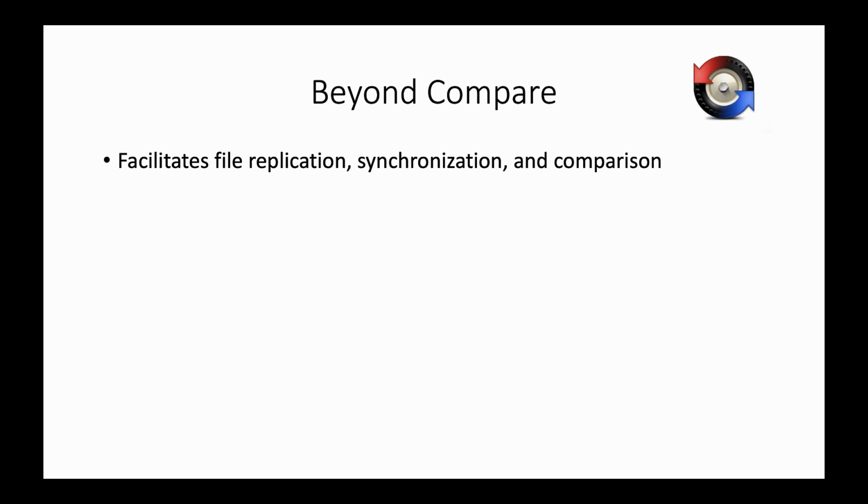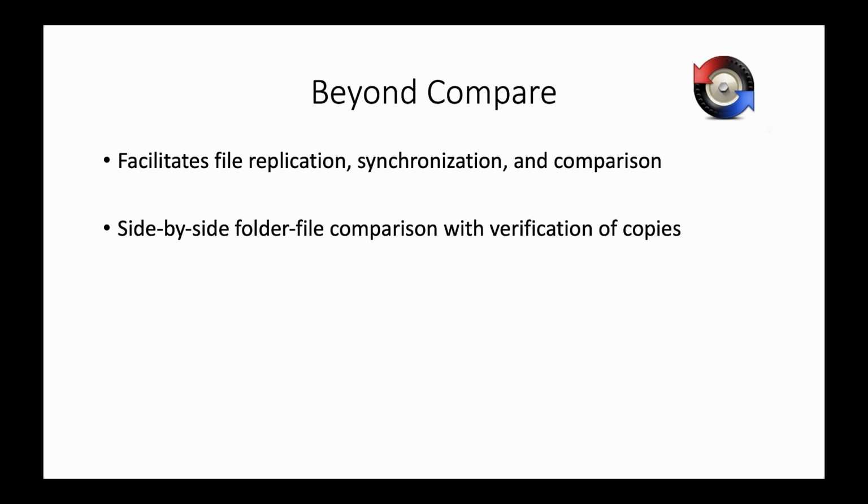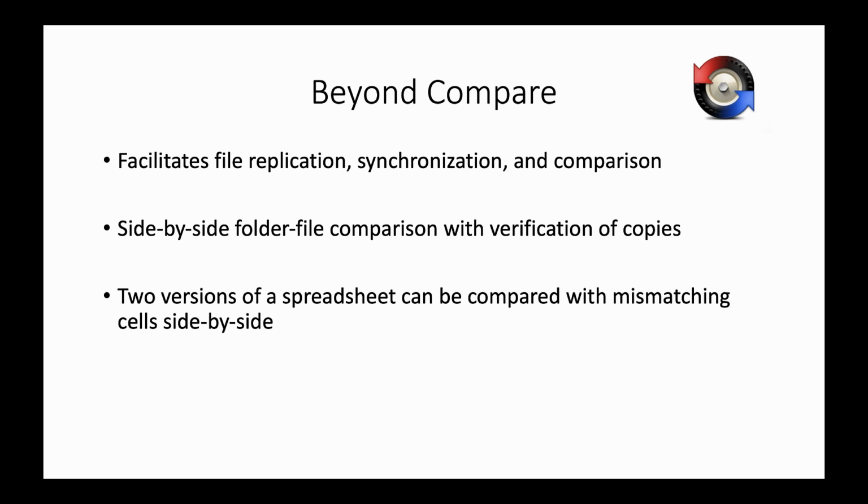So it will look at the copy that is, for example, on your SD card and on your hard drive and make sure that the same files are present in both places and that those files are complete, so that if you have an interrupted copying job or something that's missing, it's easy to catch that and you haven't archived an incomplete version of your data. This program allows for side-by-side folder or file comparison with verification of copies. So it's actually checking to make sure that the contents are the same size and the same composition across both versions. In addition, you can use this program on spreadsheets and look at two spreadsheets side by side and identify